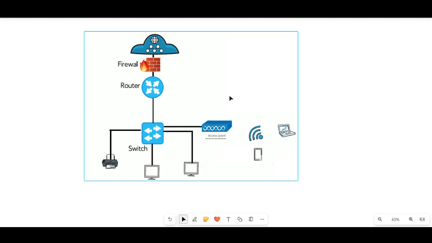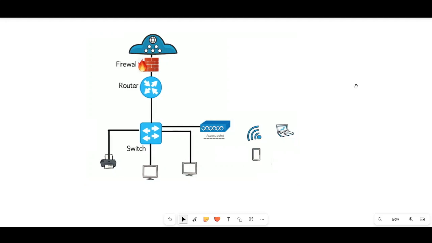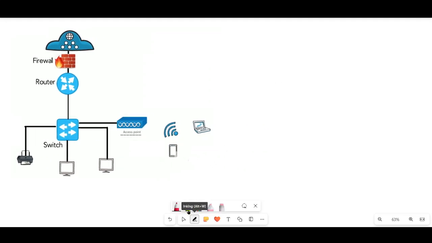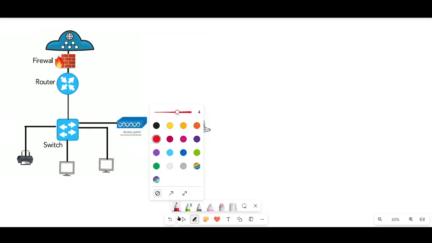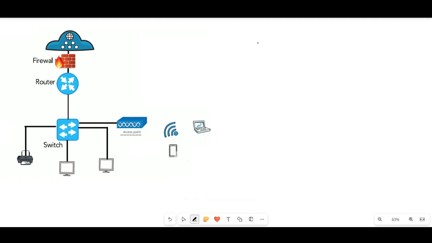So what we can say is that if you want to design a Soho architecture, then this is the simplest architecture. Clear? First point is simple. Simple means switch, a router and computer.